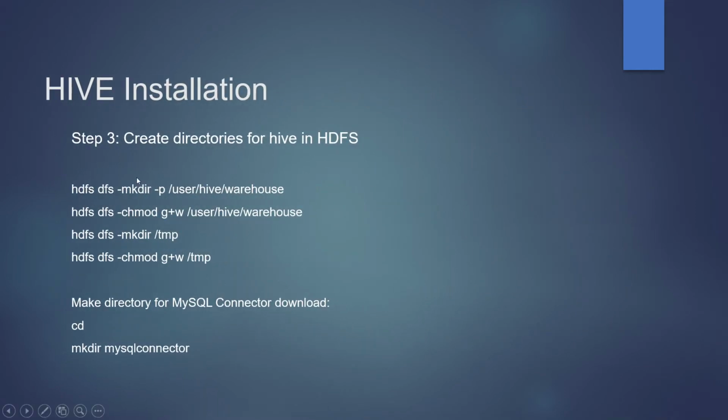Step 3. We need to create directories required for Hive in HDFS. We are creating warehouse directory and temp directory. After creating directories, we are providing write permission to the group.